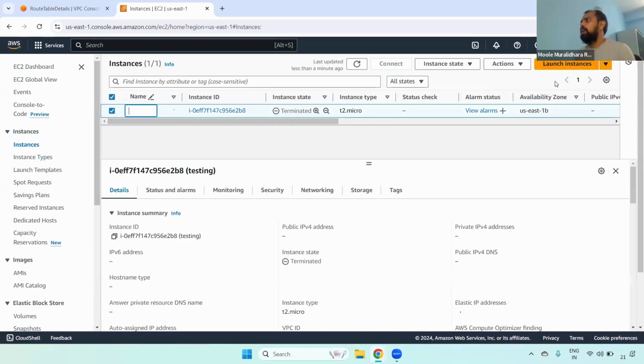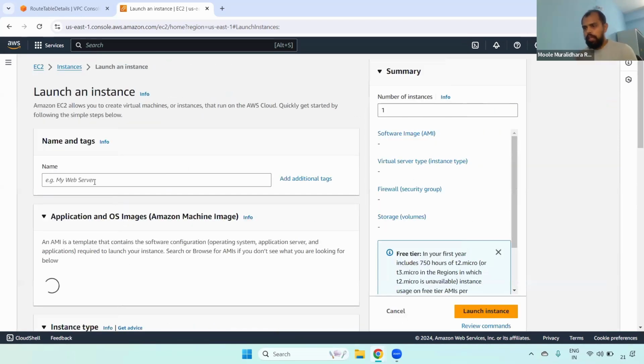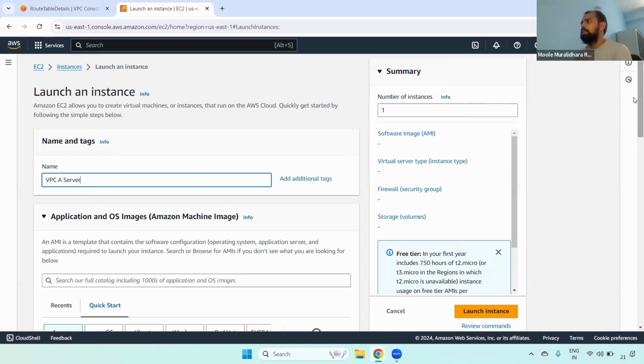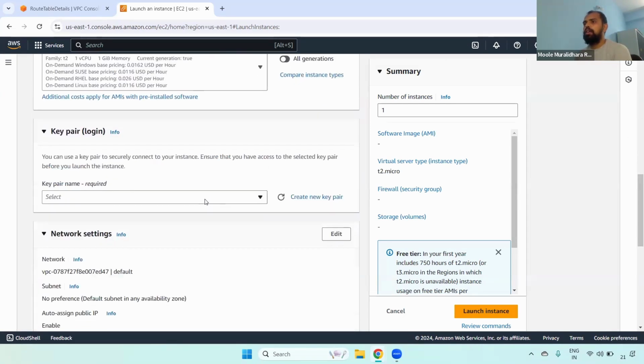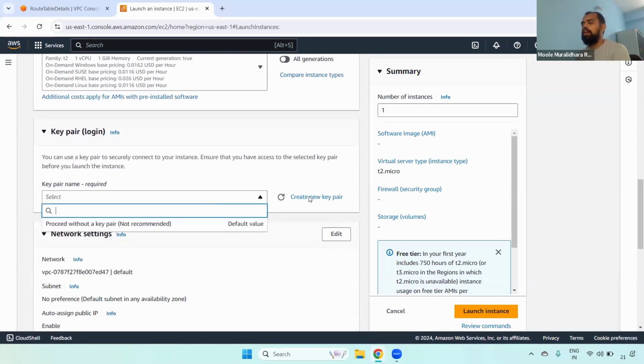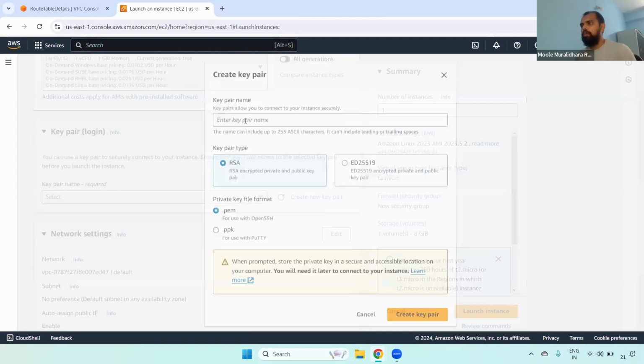Okay. Now I can launch an instance. I'm giving it the name VPCA server, so it's easy to identify. Now you can select Amazon Linux, and this is fine. And you can give the key pair name. I'm giving here, create a key pair. Now I'm giving here